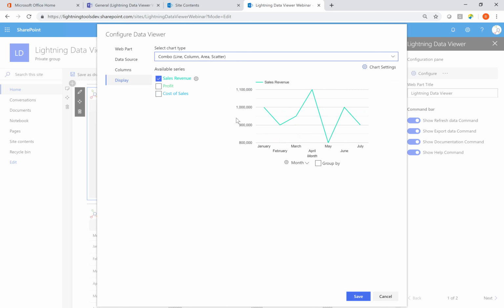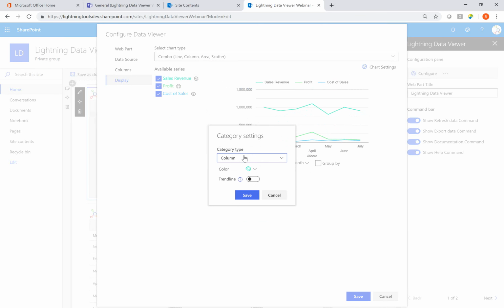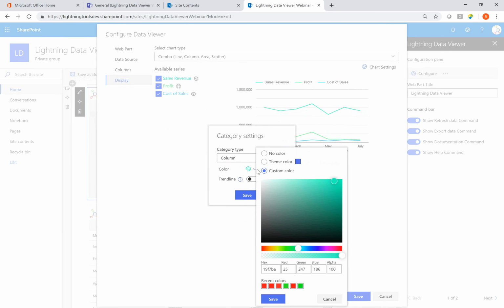that you're connecting to. So we'll select each of these columns here. So we've got the sales revenue, the profit, and the cost of sales. And what I can do is style each element in here. So the sales revenue is perhaps the most important. So in the drop down here, I want to show that as a column, and I don't want to have this very sickly green. We'll go for maybe a nice dark blue or something like that, a Lightning Tools blue,